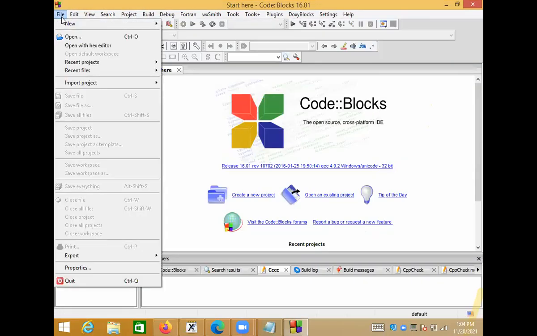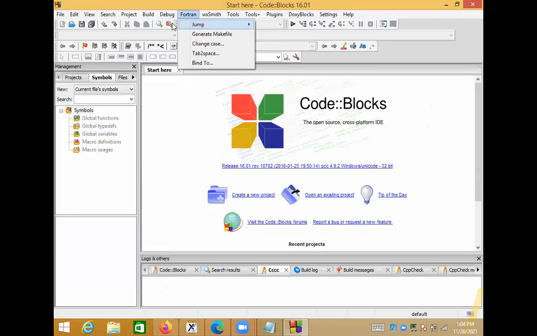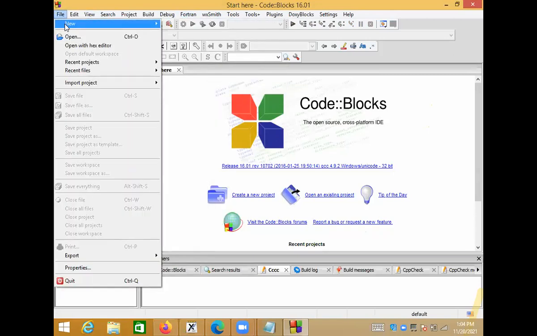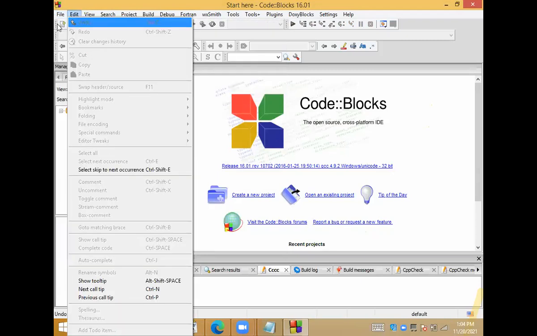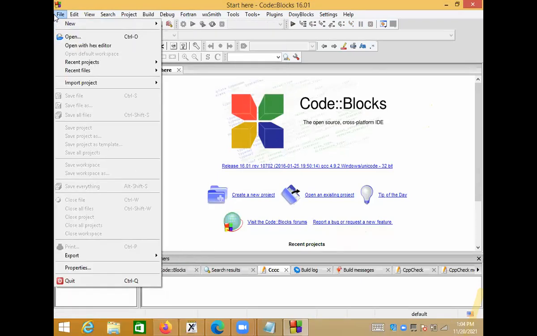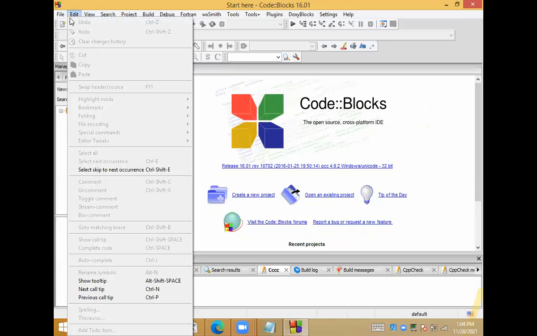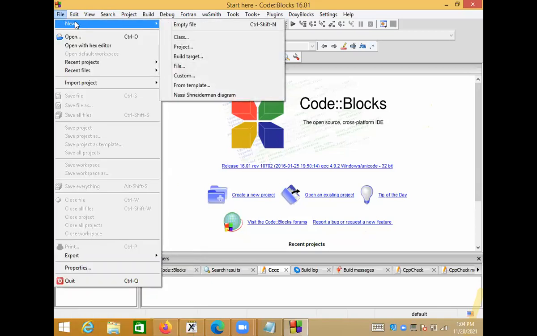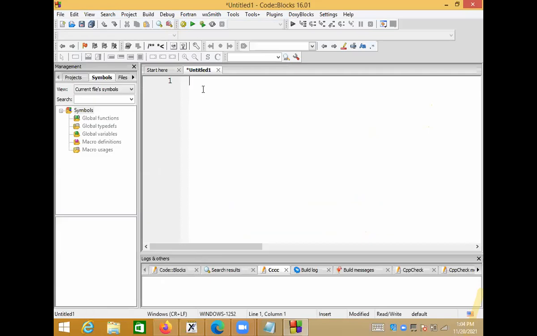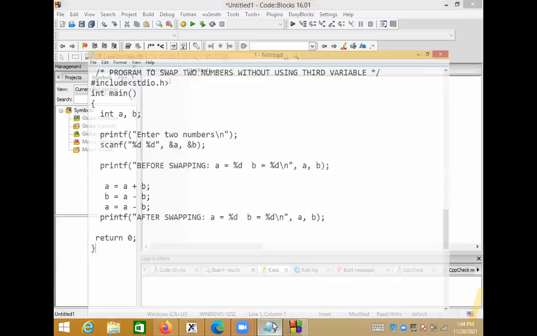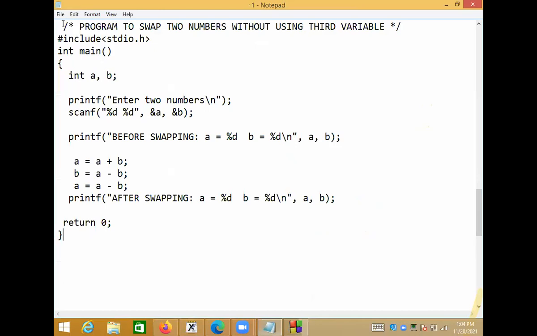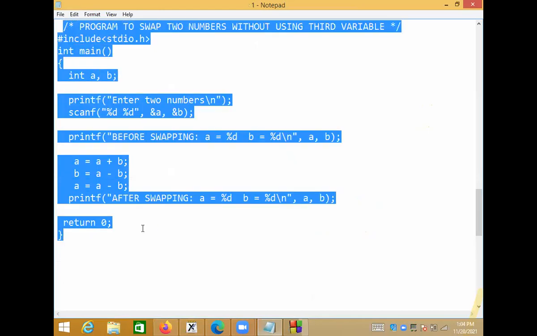Okay, so open a new file here. Go to File, then say New, then Empty File. Let me copy and paste the code from this notepad.